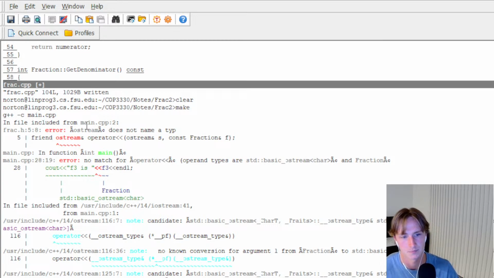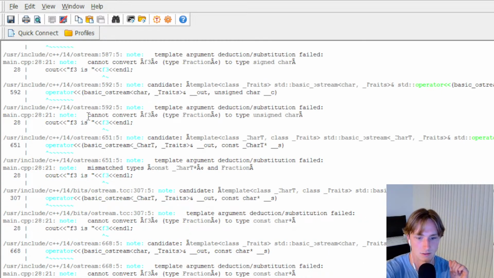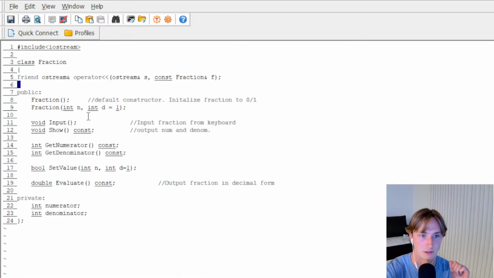So it's still something wrong with the declaration, I believe, or the definition. I don't know what though. It's going to be embarrassing when I figure out what this is. It's probably going to be,